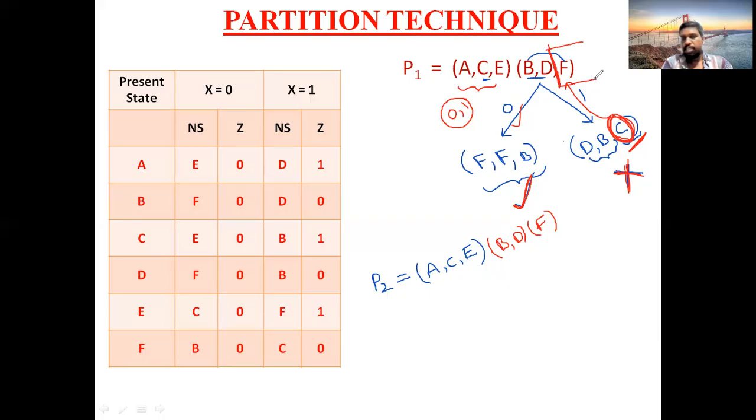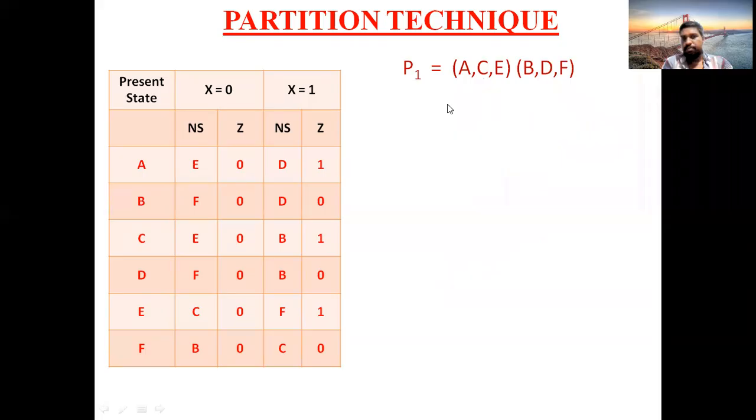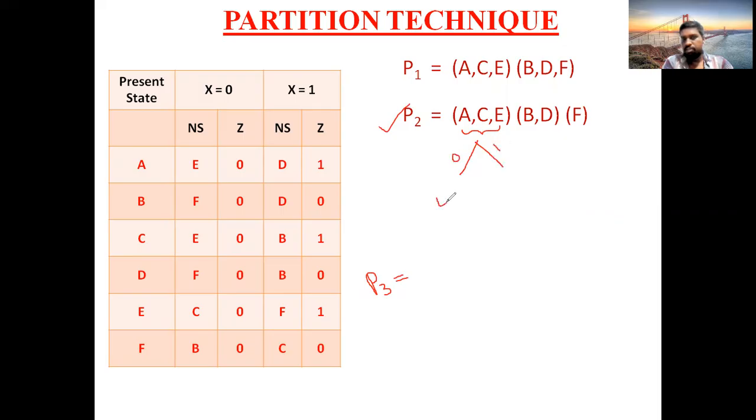Okay. So what is the answer you will get? The same ACE will be taken as it is, but this F will be taken separately. See here, F will be taken separately. Next, same process. I am writing P3. P2 will become my previous partition. Now I should focus on this one. Same, this group, zero successor, one successor. What is zero successor value of ACE? Previously we have seen.